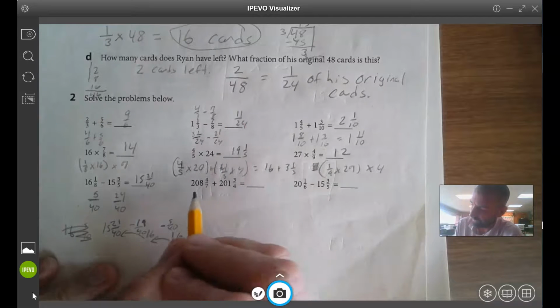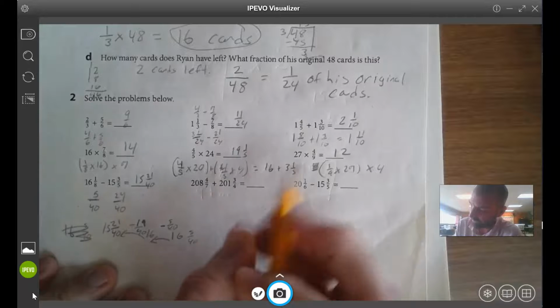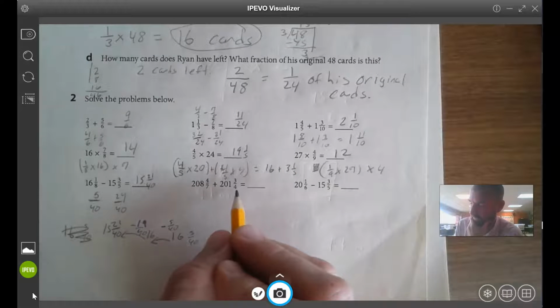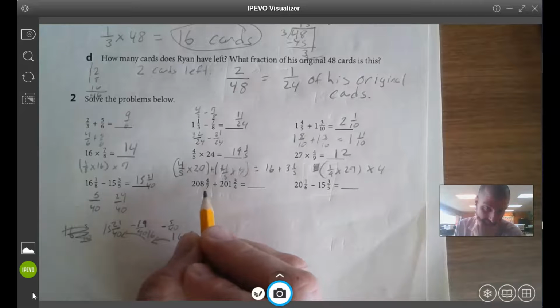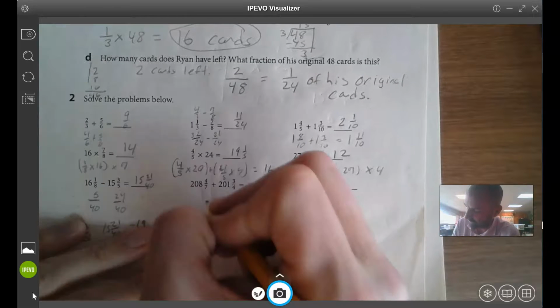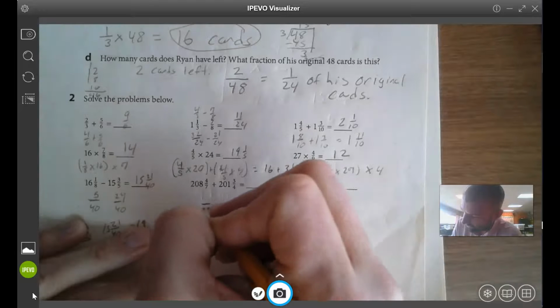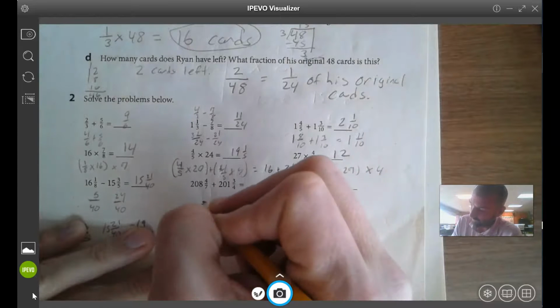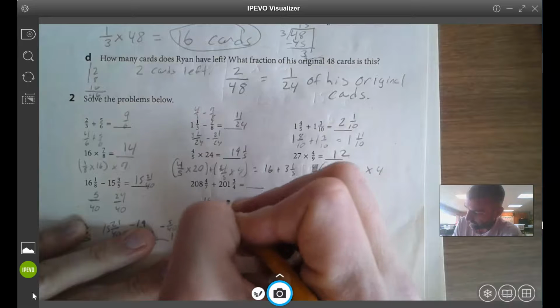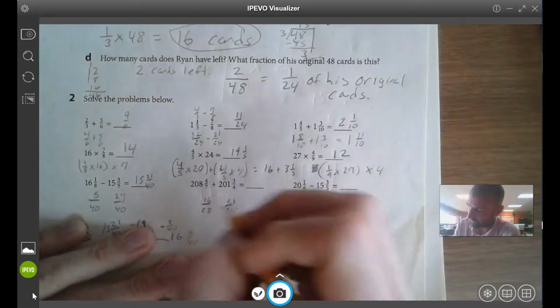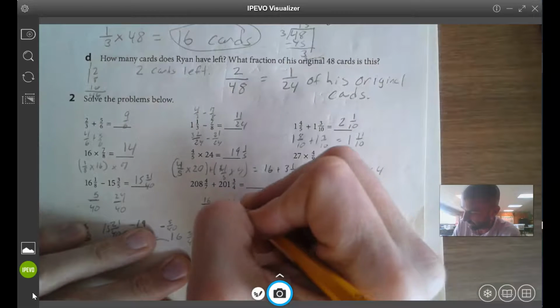All right. 208 4/7 plus 201 3/4. Let's see. 4 can be 8ths. Nope. 12ths. Nope. 16ths. Nope. 20. Nope. 24. 28. So it's going to have to be 28ths. So we have times 4, 16 28ths and 21 28ths. All right, so that's going to be 37 28ths,